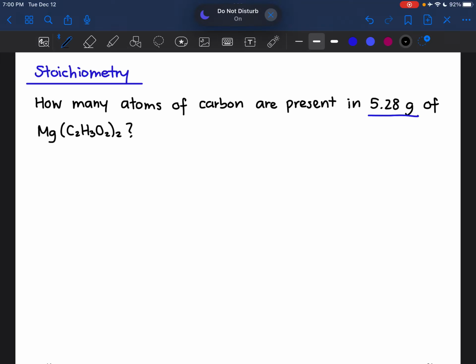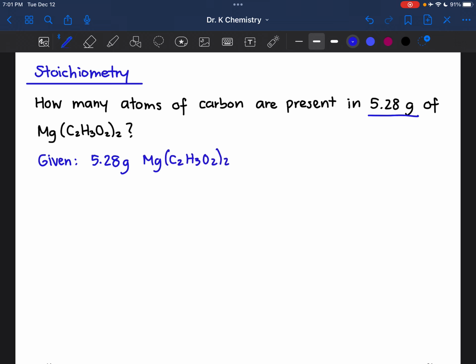In this video, we're going to solve a stoichiometry problem that asks us to go from grams of a compound to atoms of a particular element. So in this problem, we are given the mass of a particular compound. It gives us 5.28 grams of magnesium acetate. And what we're being asked to find is atoms of carbon